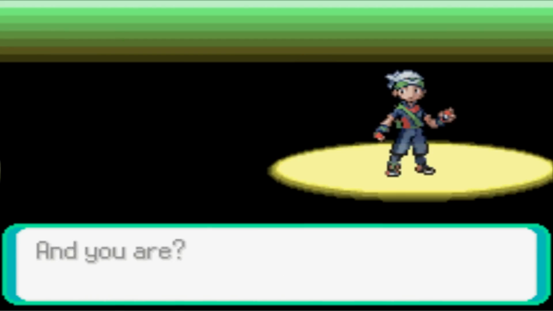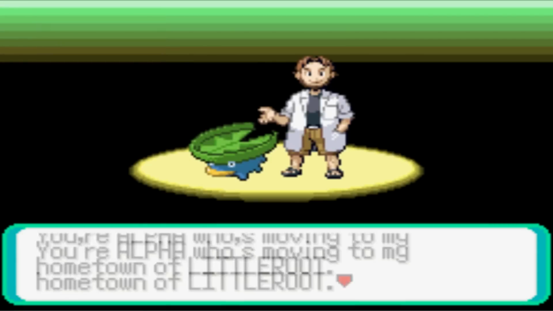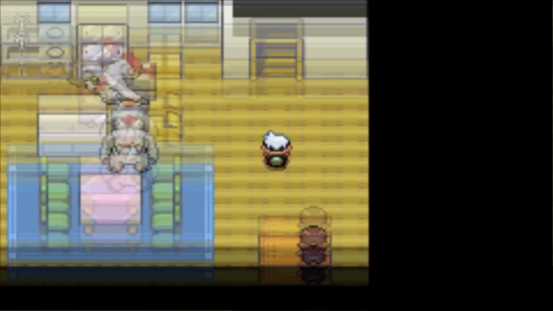Welcome to another video. My name's Alpha, and today we'll be doing something really stupid. Today we'll be beating Pokemon Emerald without ever attacking. More precisely, we're gonna beat Pokemon Emerald without using any attacking moves, such as Tackle or anything that does